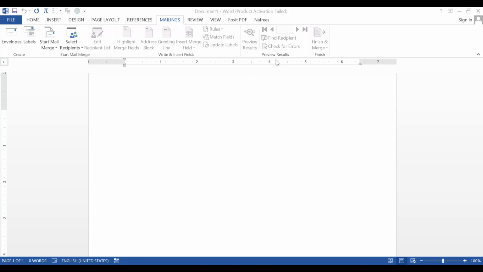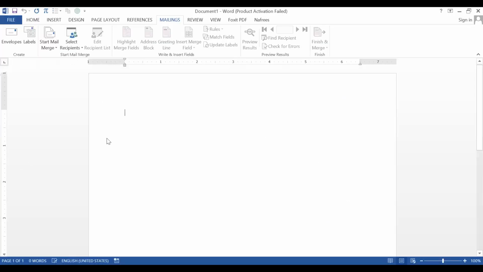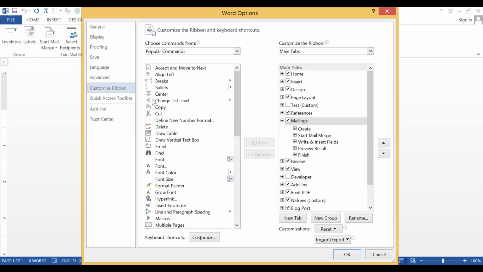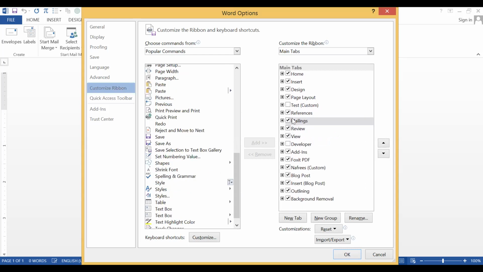Okay, no problem. Just go to File, which we have discussed already, then Options, then Customize Ribbon. It is here. Look at here, Mailing is there. If it is unticked, then you have to tick it and then click OK. This is how you find the ribbon.